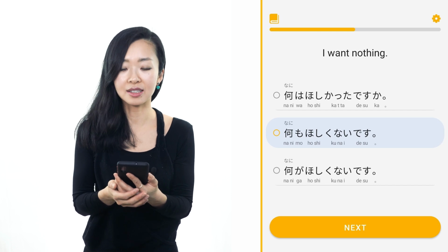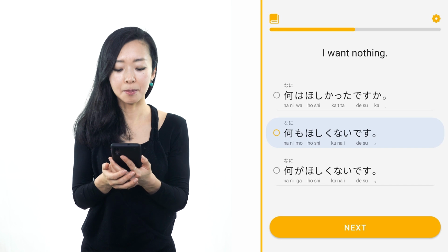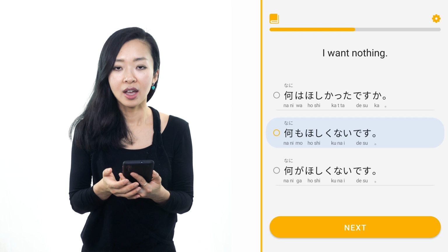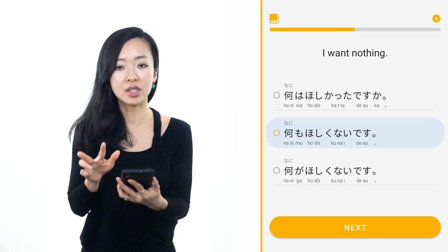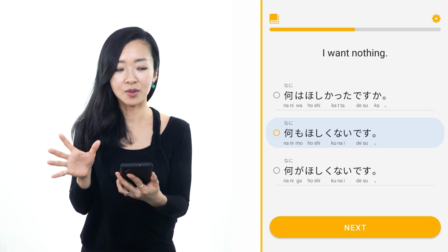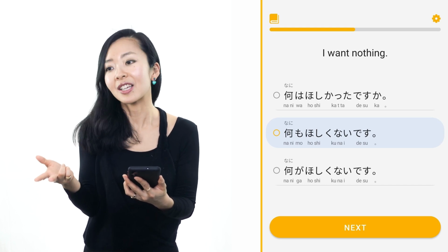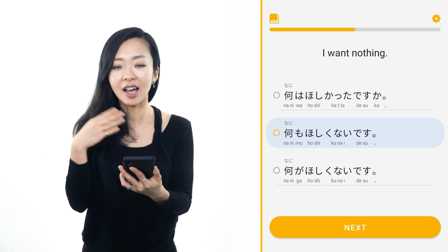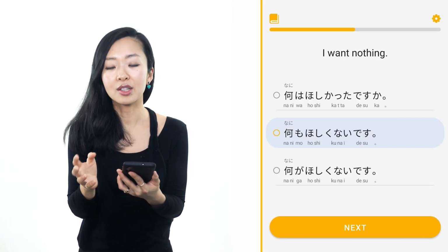Nani mo hoshikunai desu. Nani, as you know, means what, and then the mo particle is used in a lot of different ways, such as to mean as well, or to show two statements have a very similar quality. For example, I am Japanese and you are Japanese too. So to say that in Japanese, 私は日本人です。あなたも日本人です。